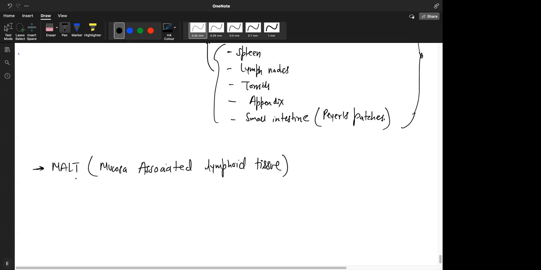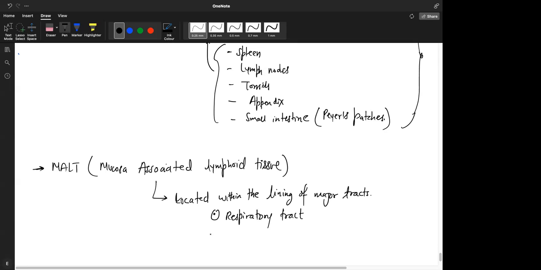So this MALT, mucosa associated lymphoid tissue, write down, is located within the lining of major tracts. And what are the major tracts? Respiratory tract, gastrointestinal tract, which is also known as the digestive tract in common language, and